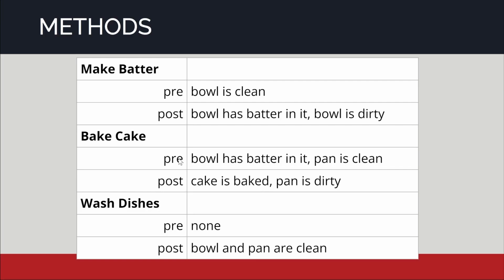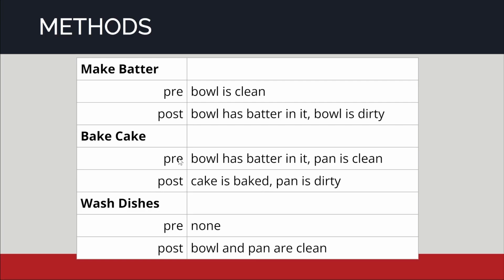Making the batter is one step, and in order to make the batter, our precondition is that we need to have a clean bowl. The postcondition, after we've made the batter, is that the bowl has batter in it, and the bowl is also dirty. Baking the cake, putting it in the oven and baking it, the precondition to that is that, well, we